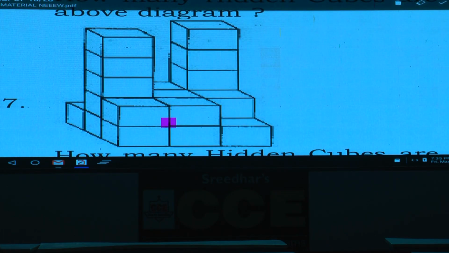27 answer: 5. Now in this one, 1, 2, 3, 4, 5 blocks. Out of these 5 here, all the 5 can be seen. Now in this one, 1, 2, 3, only 3 can be seen, hence 2 cannot be seen. And